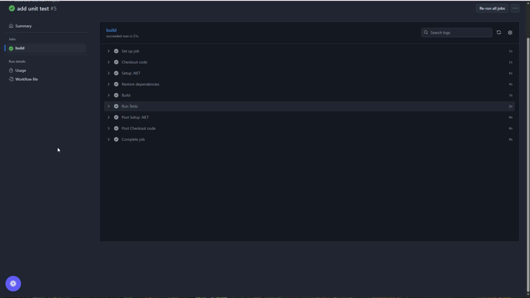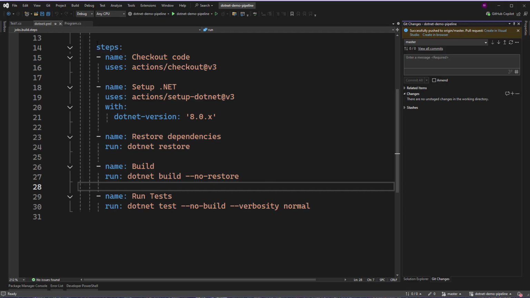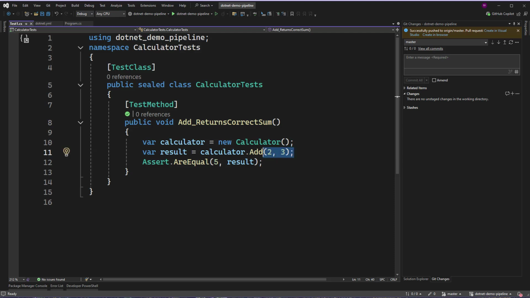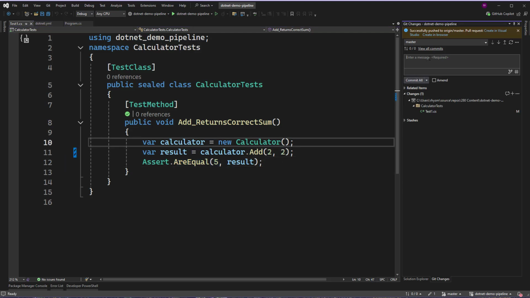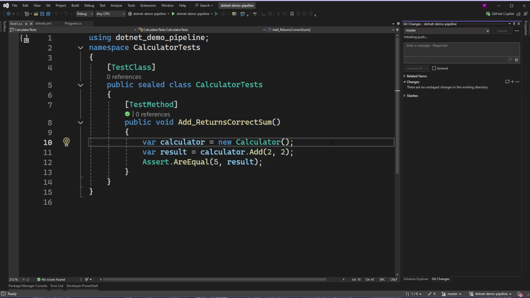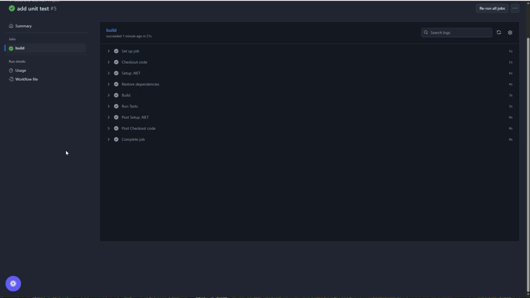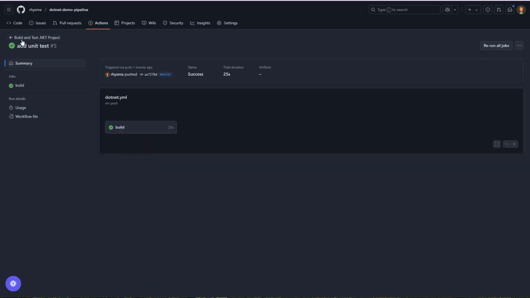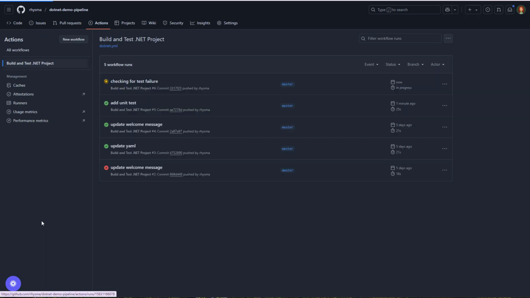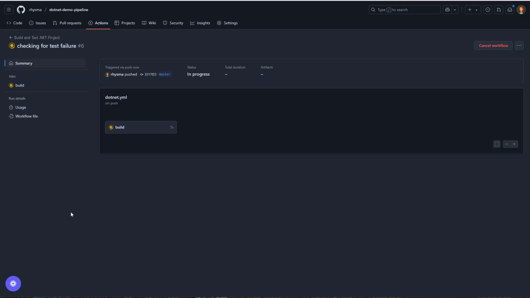And if you want to, play with it like we did earlier, where you changed the outcome of this to not be equal, so you can see what that looks like. So you can see what happens if the test fails. So let's see, checking for test failure. Go ahead and commit and push. And then when we go back over to Visual Studio, over to GitHub, and we look at, it's checking for test failure. So we can watch this action run, and what we should get